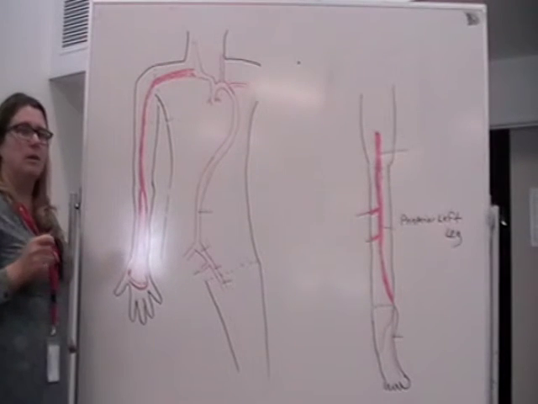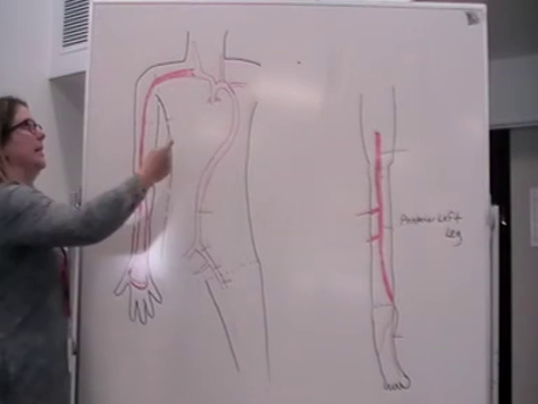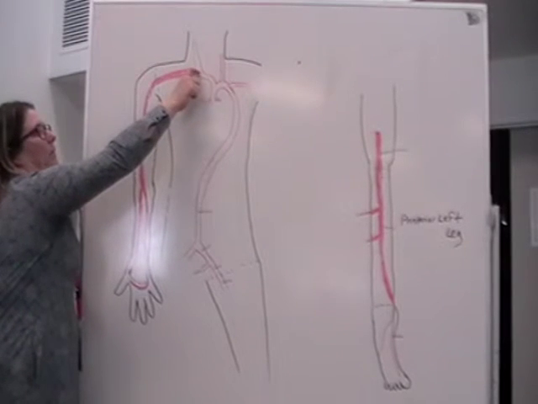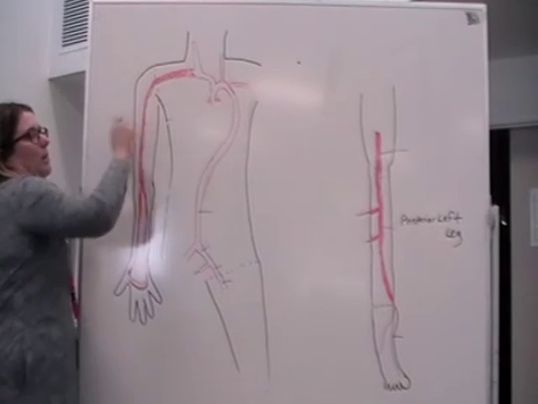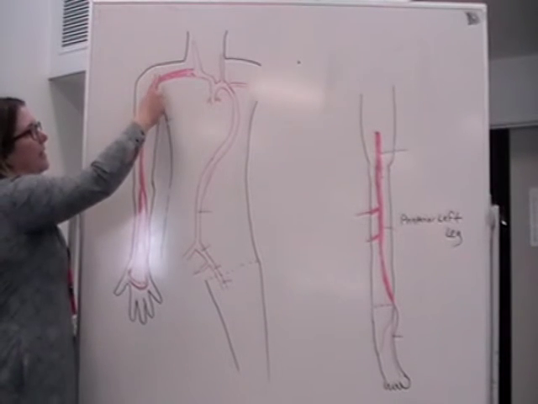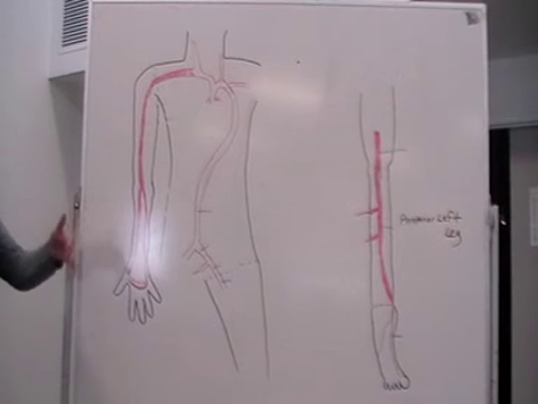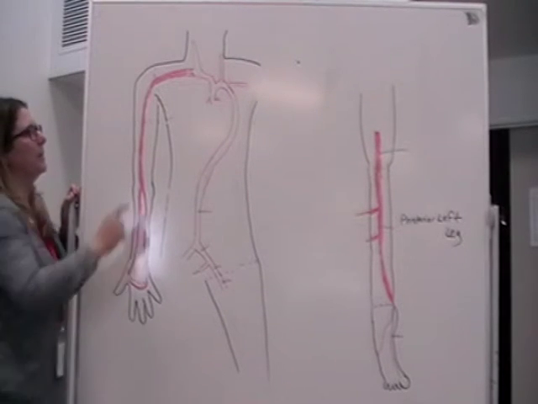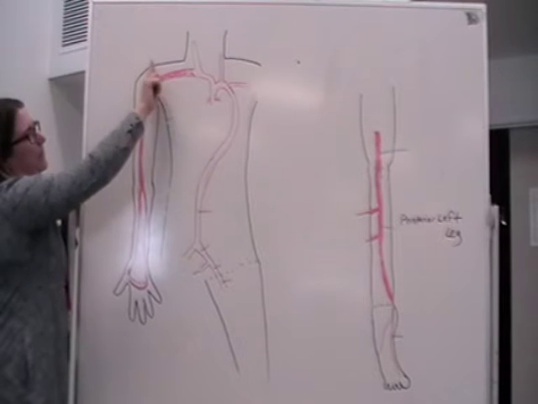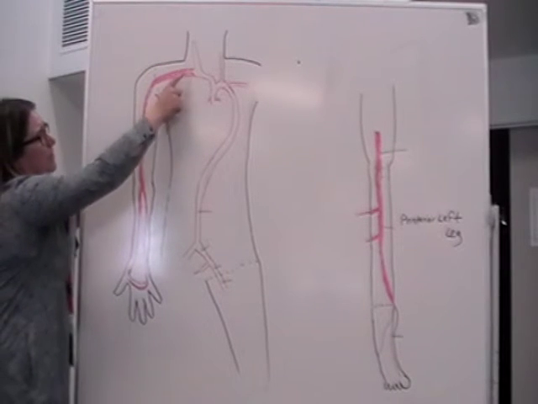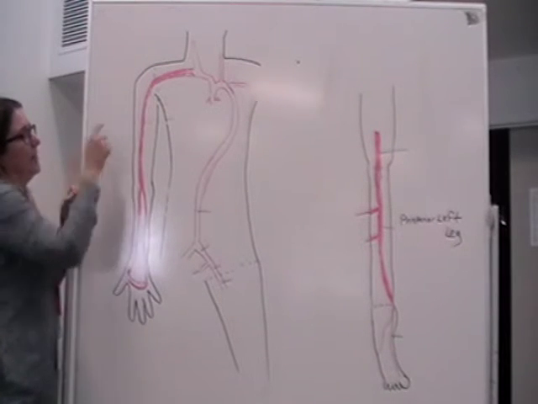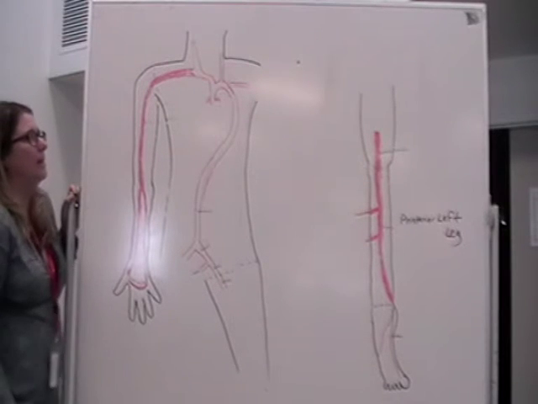The right common carotid. Right common carotid artery. And then the blood will flow down. Subclavian. Right subclavian artery, excellent. Now, it changes names a couple of times, like a road changing names as you go through each suburb. So at the lateral border of the first rib, it stops being the subclavian artery and it forms the right